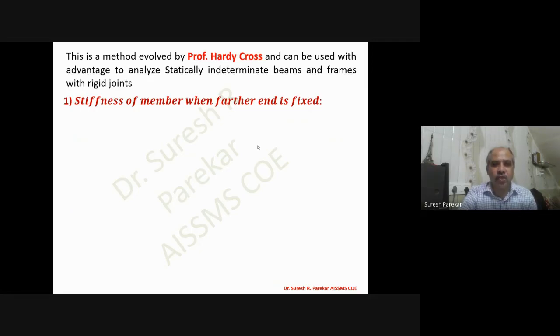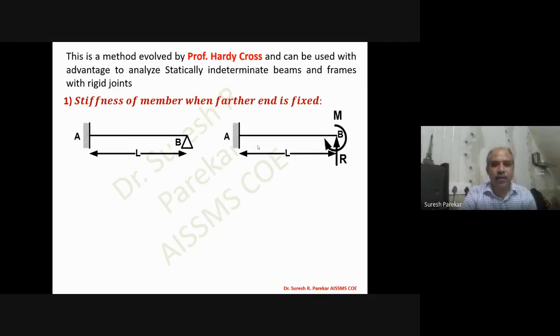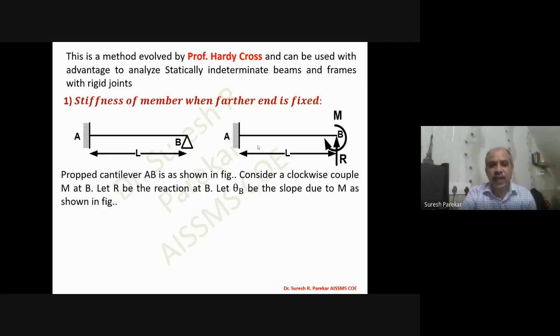We are going with two supports at the farther end. We are going to consider a joint, and the farther joint of that member we are going to consider fixed and then simply supported, and accordingly we are going to determine the stiffness of the member. So now we will consider a propped cantilever AB, and we are going to apply a moment M at support B, and let R be the reaction over there. We are considering a clockwise couple M at B, and let R be